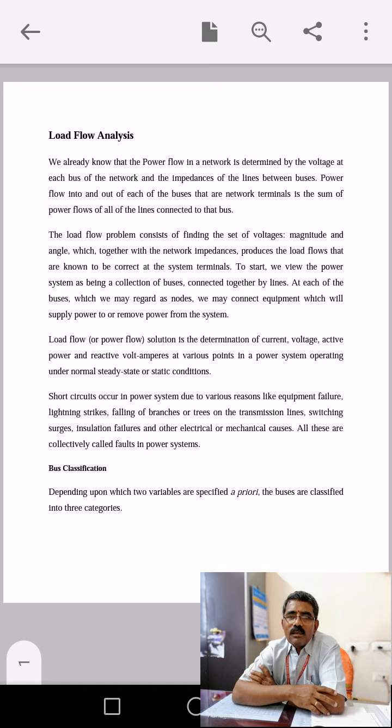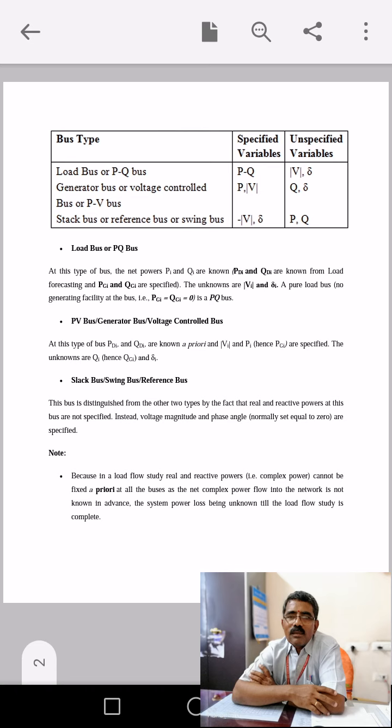So, load flow analysis. All of you know what is the purpose of load flow analysis, why we conduct it. It is basically to evaluate the voltage and its angle, then real power, reactive power at each and every bus. These are the four quantities which are to be evaluated at each and every bus. Depending on the quantities, normally out of 4, 2 are specified, and for the remaining 2, we apply techniques like iterative methods, either Gauss-Seidel or Newton-Raphson, which are mostly suitable to our power flow or load flow analysis.